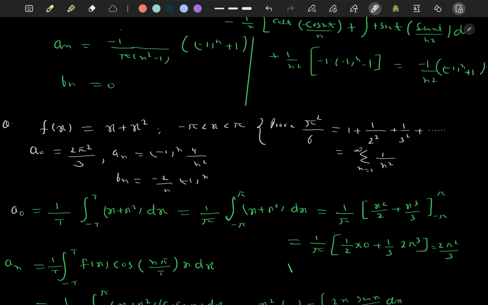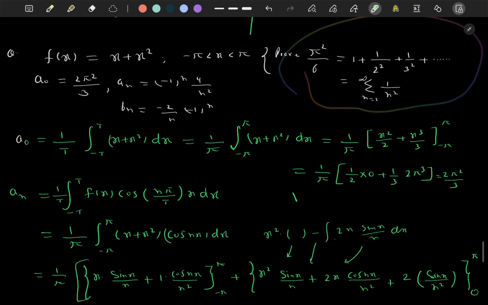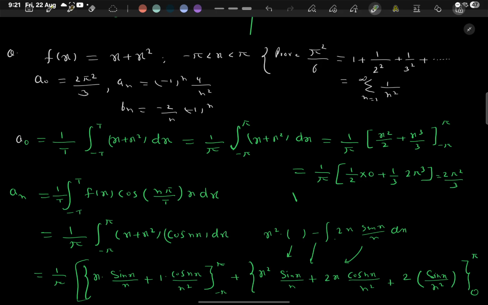Now we are left with this f of x equal to x + x², so -π to π and we have to prove π²/6 with this. So we know a0 is this value and x is an odd function, so in this interval it will be 0, only in this interval the function will be defined, so 2π²/3 will be the final value of the integration and a_n equal to 1/t minus t to t f of x, है ना। यहाँ t वेरिएबल नहीं है, यहाँ पे f of x है, इसलिए यहाँ पे dx आएगा तो ये -π से +π वेरिएबल लग जाएगा।